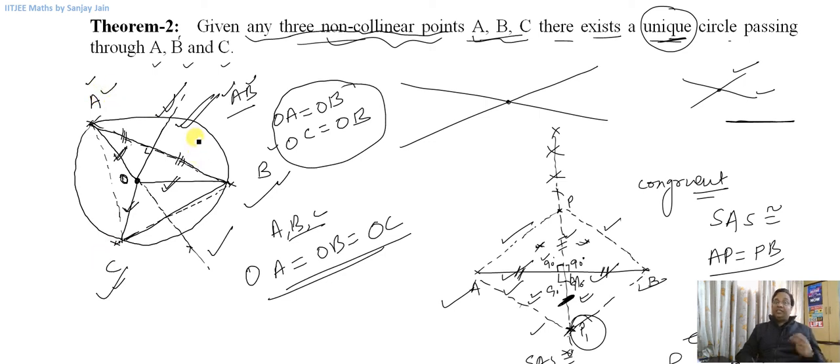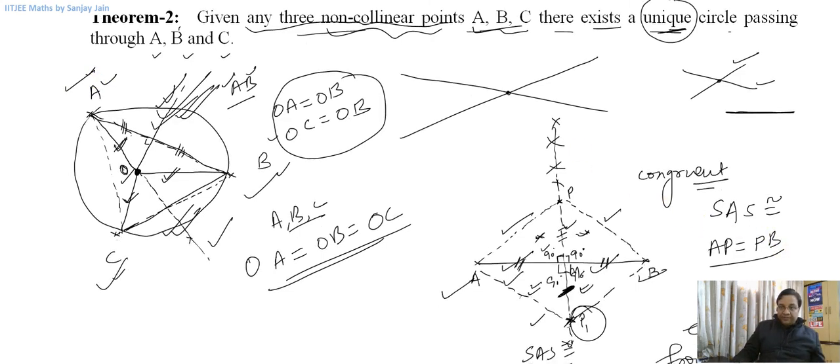Now why do I say that it is a unique circle? Because when I took a perpendicular bisector of AB and perpendicular bisector of BC, these met at this point O, right? These are two distinct lines and these can intersect at maximum one point, because these are two distinct lines. So there is only one circle which is possible through three non-collinear points. I hope you got the idea. What I mean is,